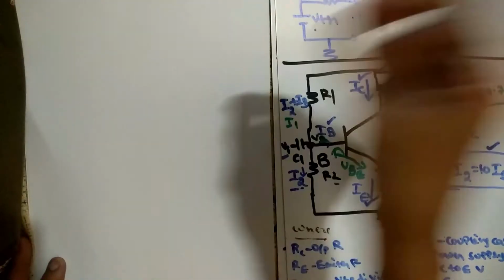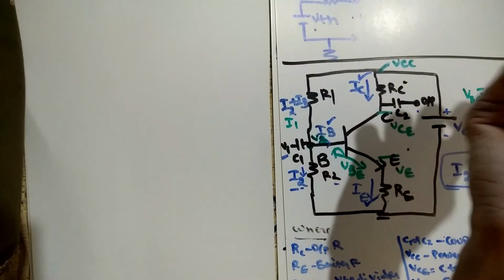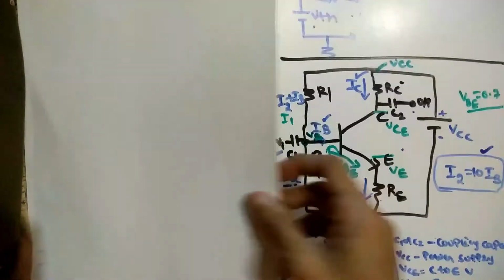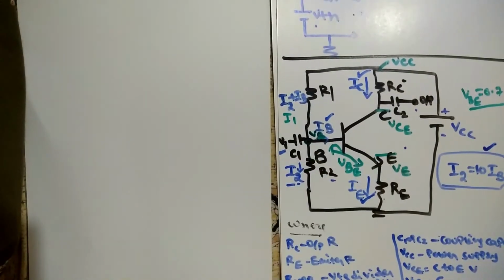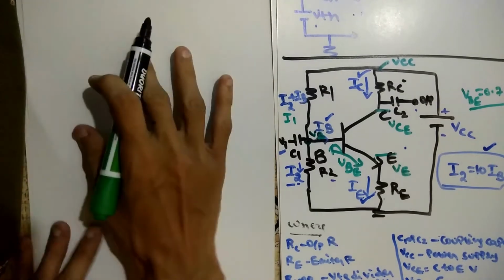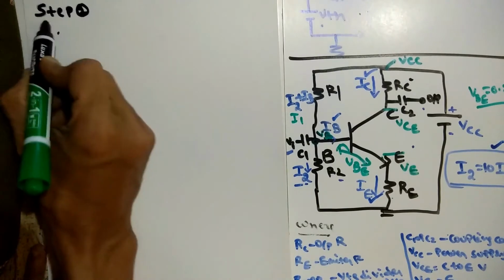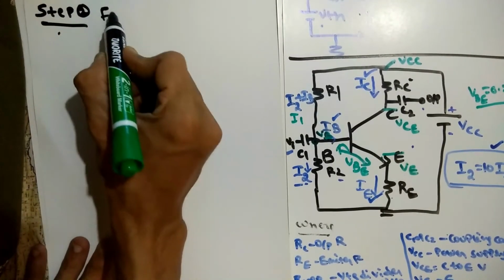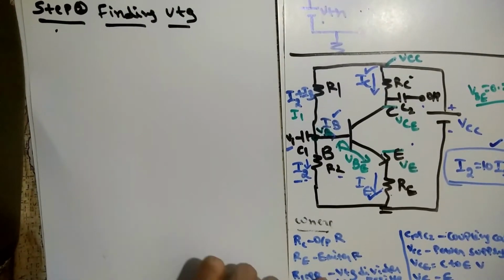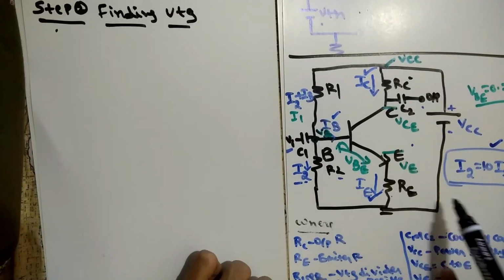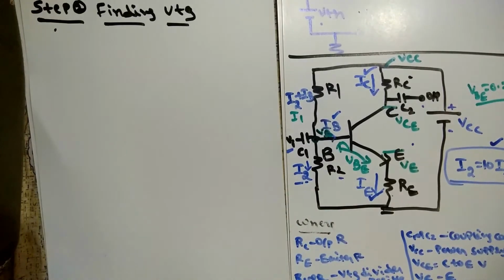In this particular problem our aim is to find the resistances. We cannot find resistance without current and voltage. All the currents we found in step 1. Now we are finding all the voltages in step 2. So we will check what voltages are present in our circuit, and we can find all of them. Step 2, finding voltage. Here one voltage we have is VCC, which is already given in our problem, and we have to find VCE, VE and the other voltages, VB and so on. First we can find them one by one.